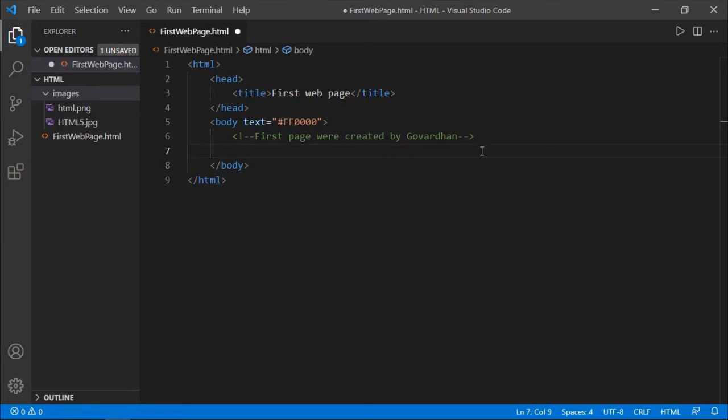So coming to the other tag, that is pre, which stands for pre-formatted text. The purpose of pre-formatted text is to display the content as it is on the output screen. In whichever format you enter the content in these tags, it is going to be displayed as it is on the output screen. Before I explain pre, let me explain a simple example.